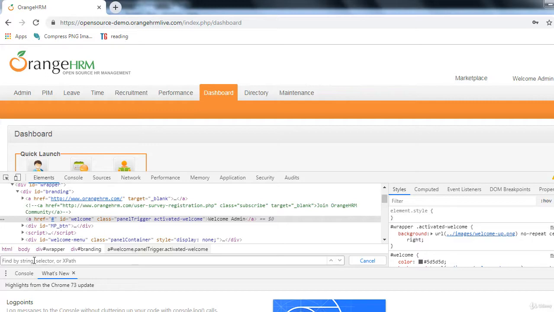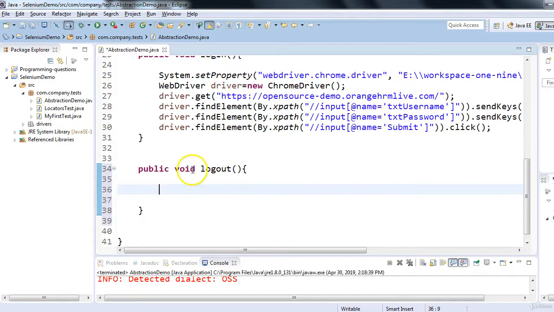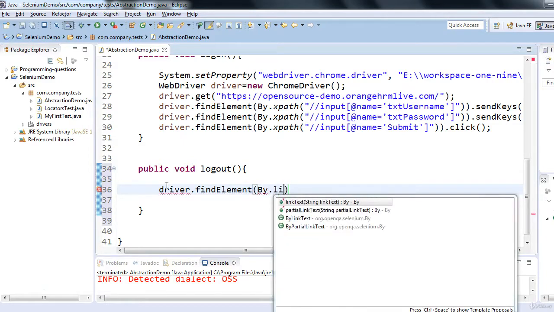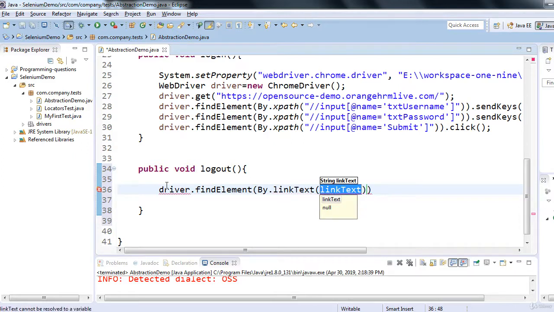So XPath I'm not going to write. In fact, I will try to use link text, because welcome admin is the link text which is available. So I will copy this welcome admin. In my logout method, I will write driver dot find element, and here I can call by dot link text. Link text is also one of the locators for Selenium WebDriver, and here I will pass the link text,